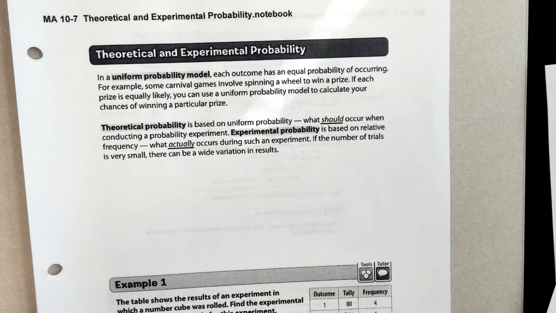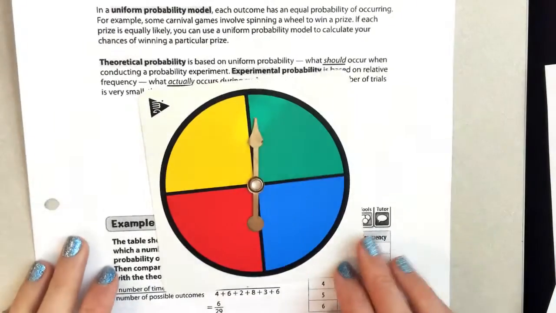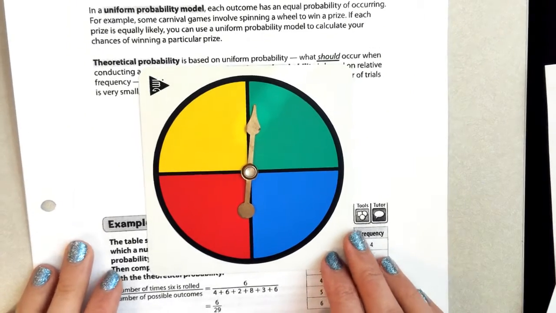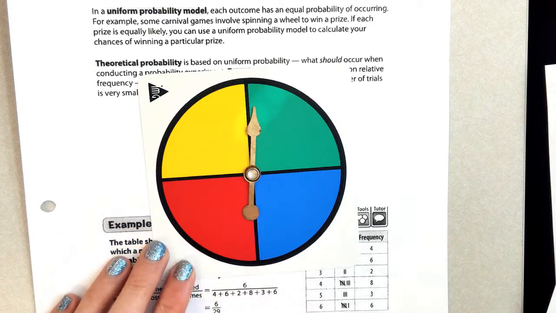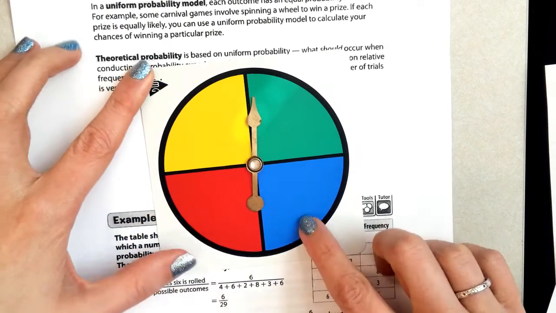If the number of trials is very small, there can be a big difference between the theoretical and the experimental. Okay? So, theoretically, spinning a green should be 1/4. There's one green section out of 4. If I'm going to spin it 4 times,